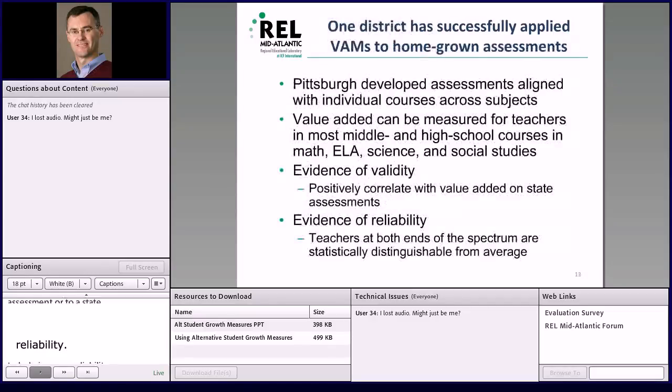What else do we know about value-added models? Well, the Pittsburgh Public Schools have been doing something interesting the past few years with some help from some folks at Mathematica. Pittsburgh started developing, several years ago, assessments that are aligned with individual courses across subjects, particularly in secondary grades, 6 through 12. These were not designed initially for purposes of teacher evaluation. They were designed to try to improve the consistency of the curriculum across the district and to produce standardized course-specific